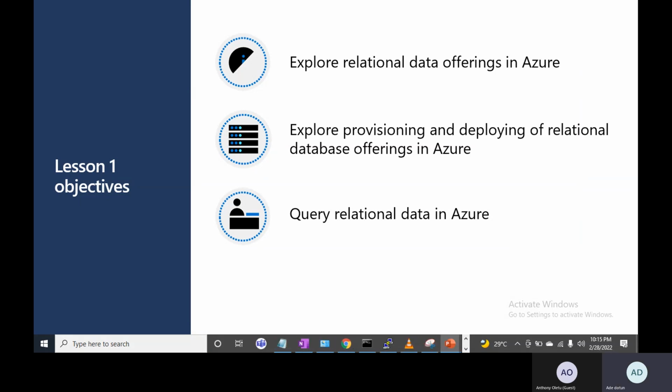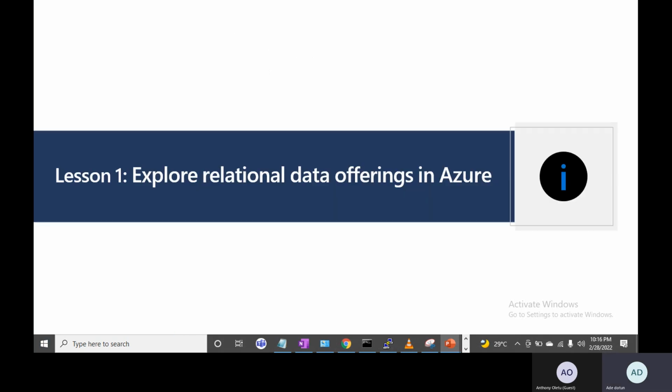All right. So like I said, basically, we are looking at the relational database, relational data offering. Because we know that your data are divided into three. It can be structured data, unstructured, and semi-structured. So when it is structured, we are certain that it is relational. Why do they call it relational? Because